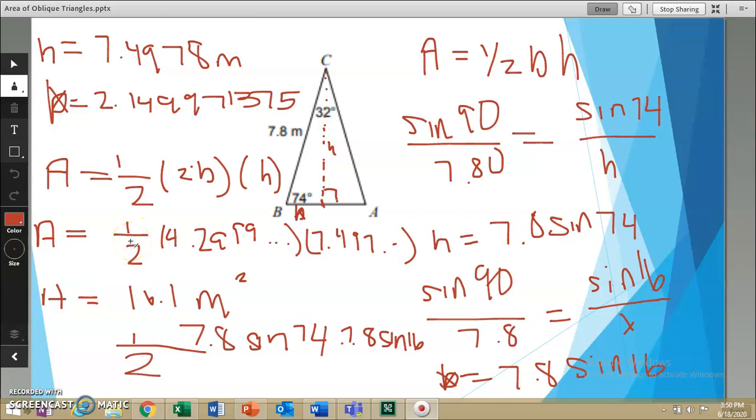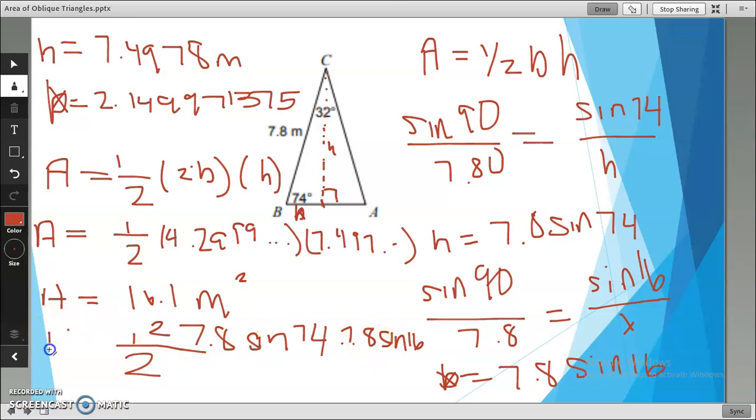If you recall, we had to also multiply our base times 2. So that was another 2 right here for our area. And so basically these are going to cross out. I have 7.8 squared. So our area here was 7.8 squared sine 74 times the sine of 16, which basically from the other slide that we just calculated came up to be,